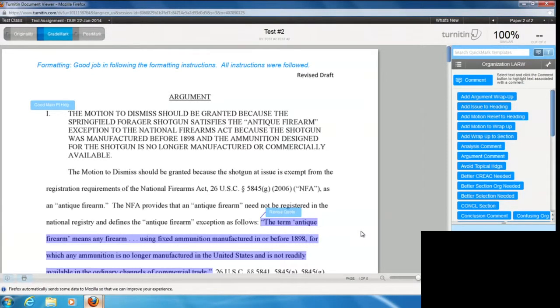I know my colleague and I have been really happy with the program. We teach legal writing at Penn State Law, so that's all we do day in and day out: critique students' writing. And so we have found it to be a huge time saver. It's greatly increased our efficiency, and we didn't have to lose the detailed feedback that we used to give to